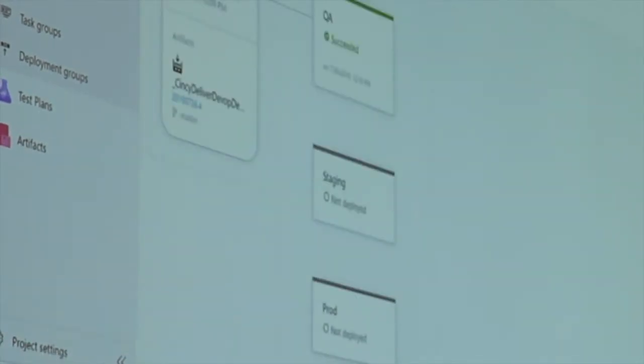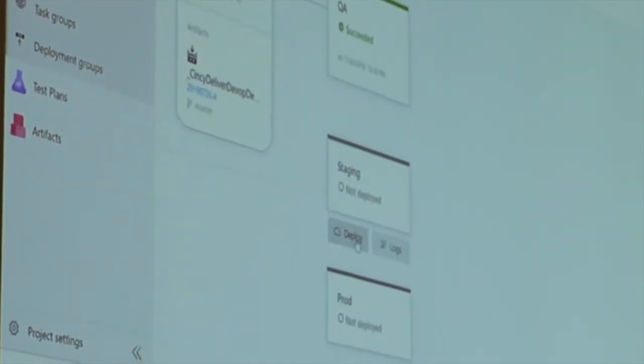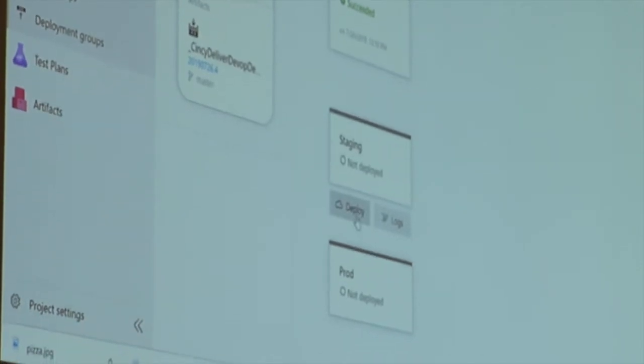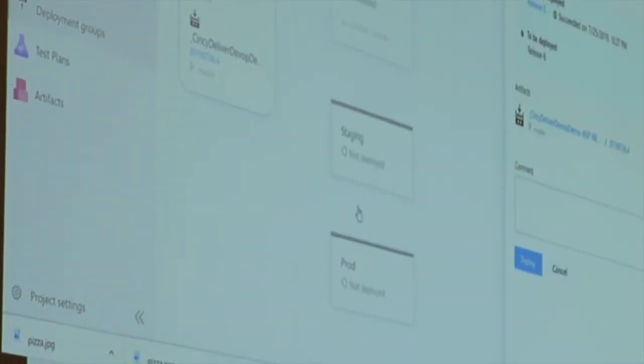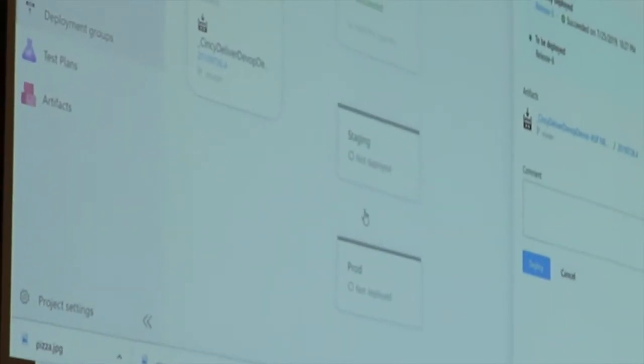Back to my pipeline. I'm going to go ahead and deploy this. There are several different ways to deploy. So I'm going to go ahead and deploy this. So what we've seen so far, and this is the whole message that I'm trying to share with you here with this specific part of Azure DevOps,